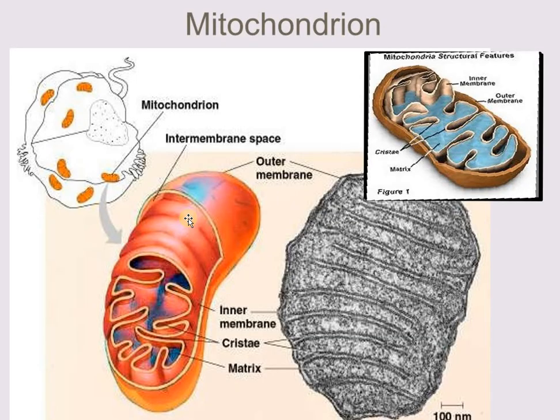Now in this figure, you can see another view. This picture is taken from another view, and here you can see from the top how the mitochondria looks like. The inner membrane, the outer membrane, the cristae look like this, and then the matrix inside. And when it is cut, then it looks like this. When it is as a whole, then this is the picture. So again, here this is another view where the outer membrane, inner membrane, cristae, and the matrix are very clearly visible.